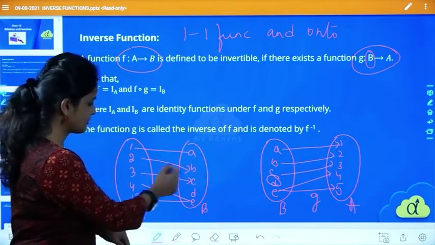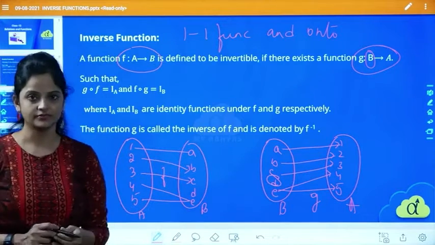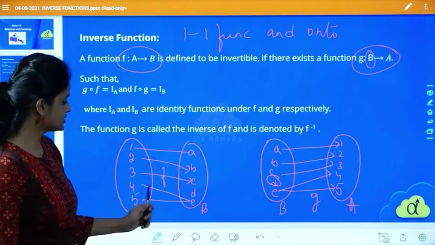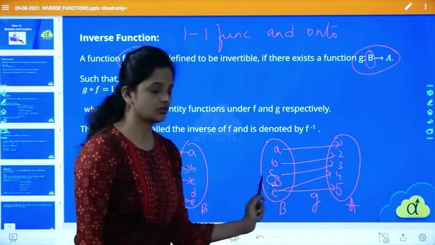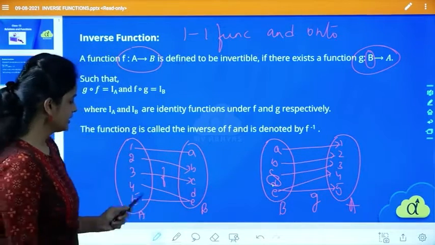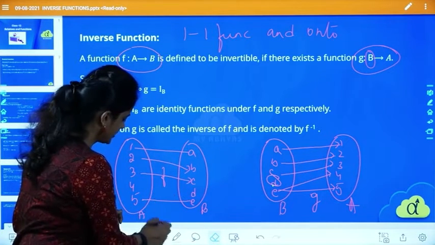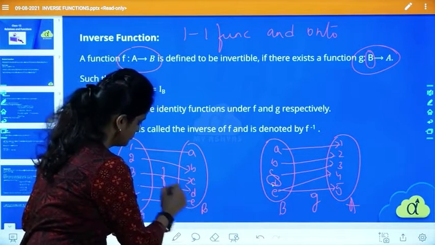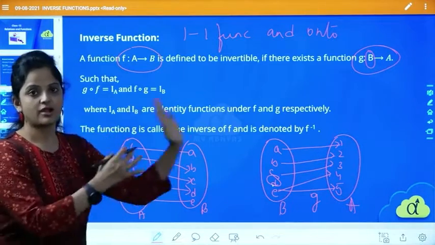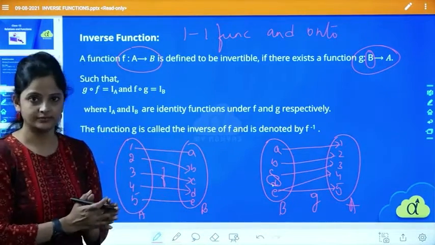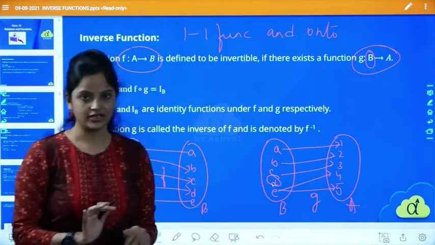See, if you see this mapping, forget about this now. Is this one-one? No. If this is one-one, then the problem won't be there, because D is sitting as it is without a mapping. If this mapping is not here, and I say 4 is related to D, then properly each and every element of A is mapped to different elements of B. That is one-one. Now that problem is solved, and D is also engaged.